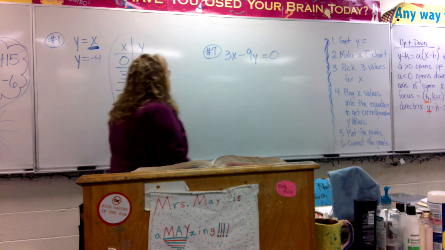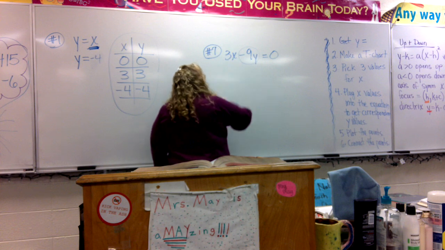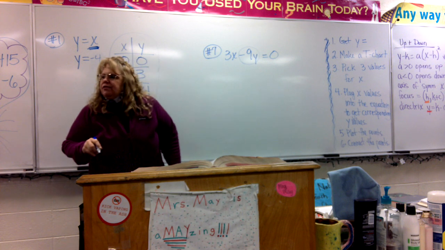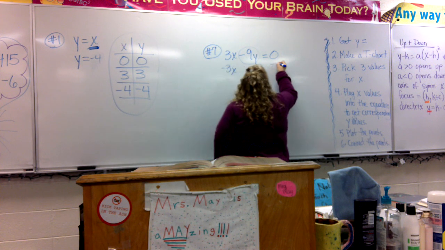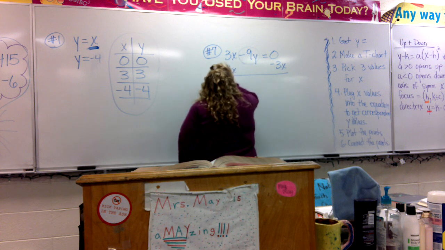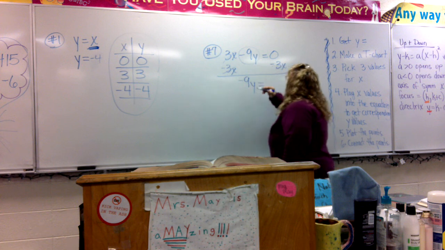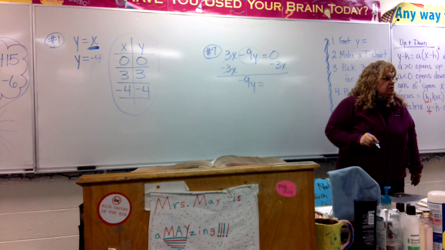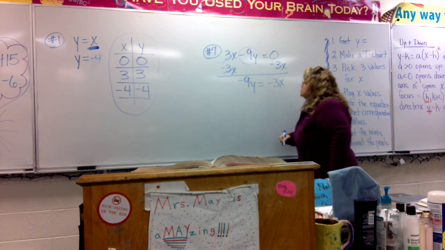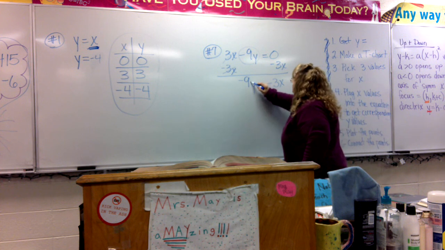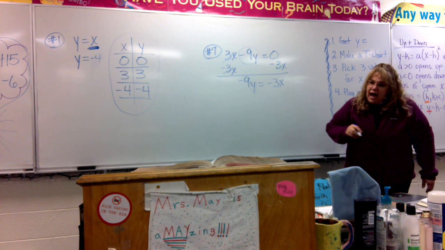First step, you have to get y by itself. You see this? You want to get rid of the 3x. How do you get rid of the 3x? Minus 3x. So this goes away. Negative 9y equals, what is 0 take away 3x? Just negative 3x, right? Now what? Now I just want the y by itself. I need to get rid of the negative 9. Divide by,